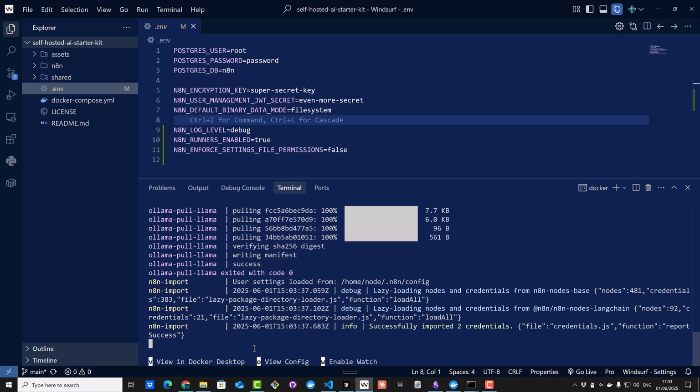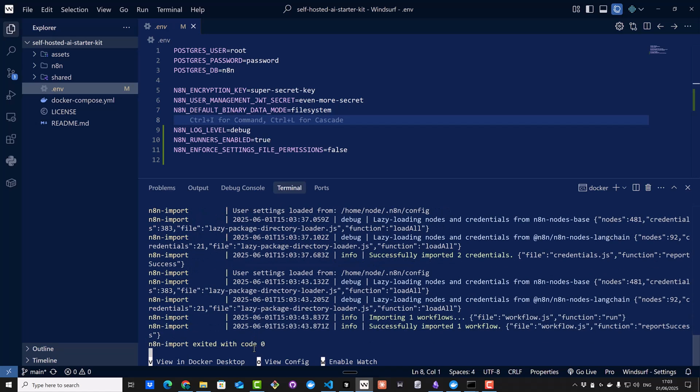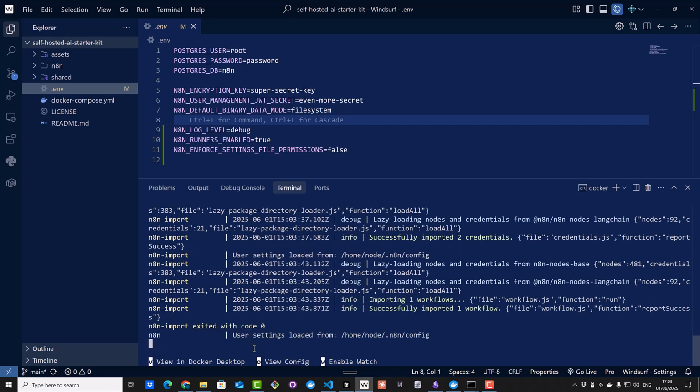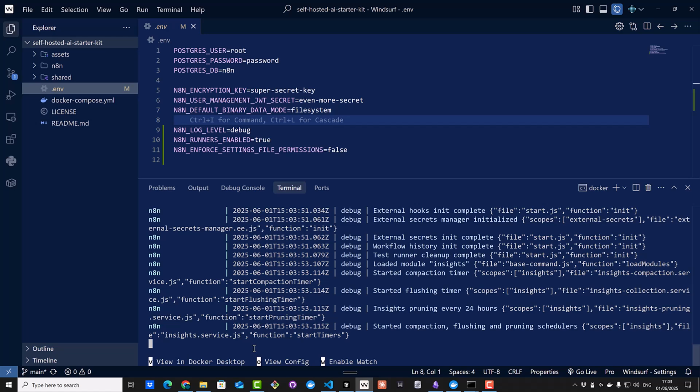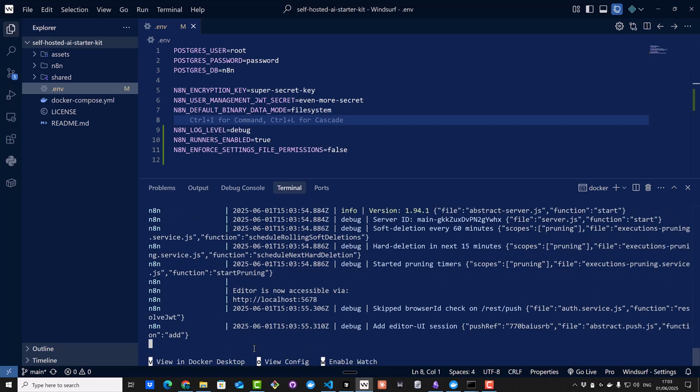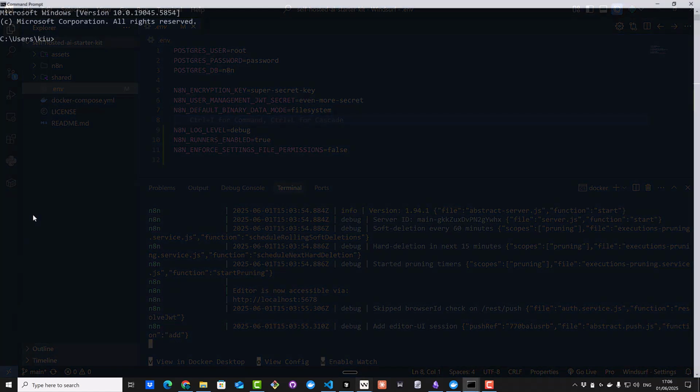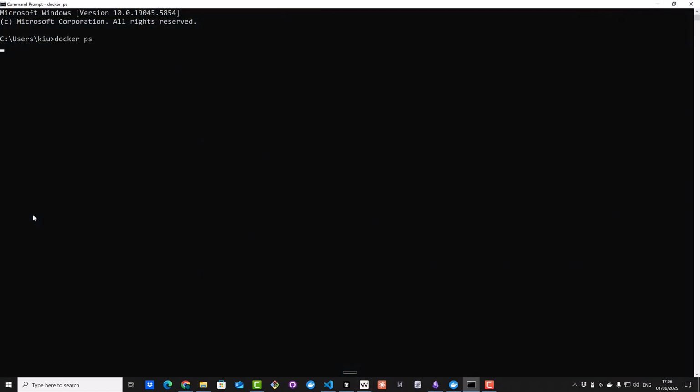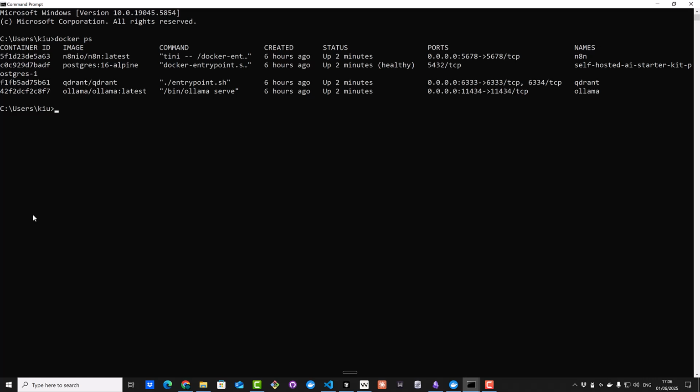We installed a self-hosted AI starter kit, added some environment variables, and then started it using the CPU profile. Once it's started, make sure your n8n instance has a custom folder. Here's how to check. With docker ps, we get the information of our containers. Our n8n container is simply called n8n. So we create a shell inside the container using docker exec -it and the name of our container, which is n8n,